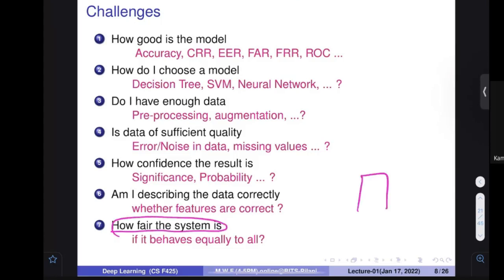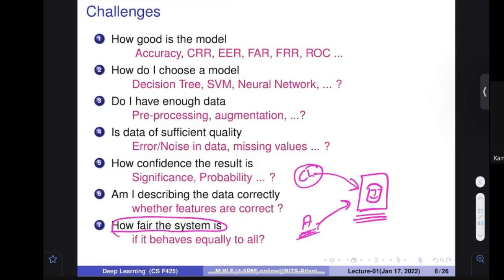For example, if you want to develop a face recognition system, and you have used, for example, all Chinese people, so you have taken the data from Chinese faces and developed this particular model. Let's assume that somebody from Africa comes here. You know that the complexion of African people is darker. So if the system has not already seen those kinds of people, and the person comes in front of it,